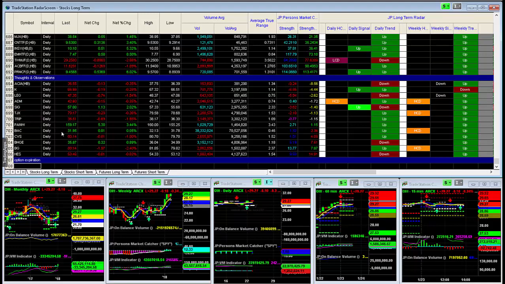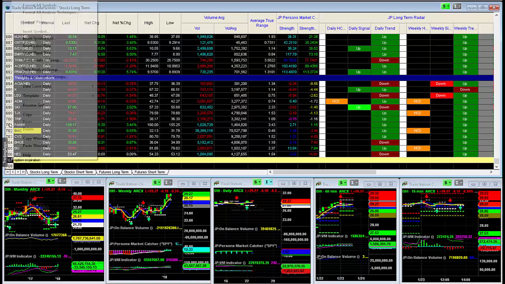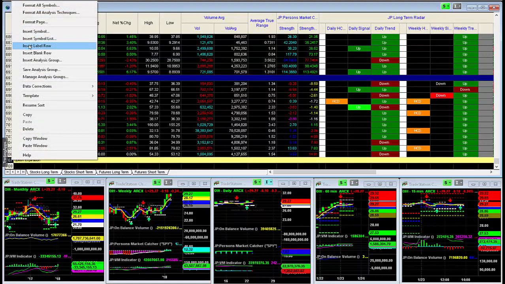And if you do option expiration, guess what? You separate and you don't bog your machine down, because every time you turn your machine on and off, it's going to be looking for option expiration, going to the servers, and the more you have, the more you're asking for more resources to find that stock symbol that doesn't exist. So make sure that you do separate, if you are going to title something and make your own customizable list, that you use a label row.